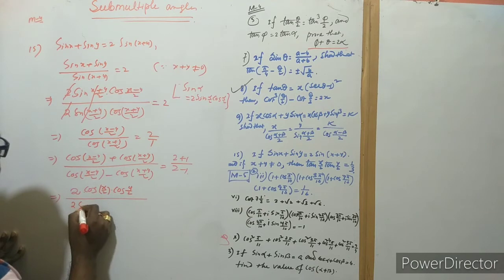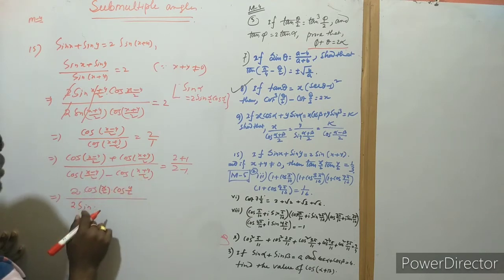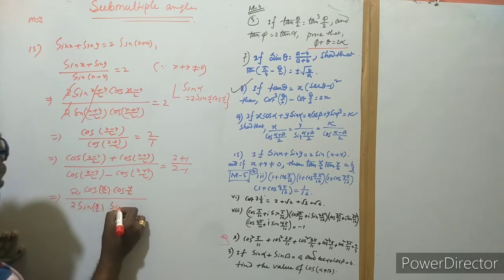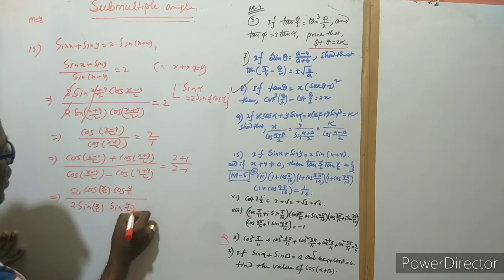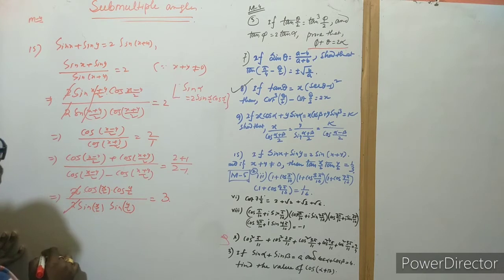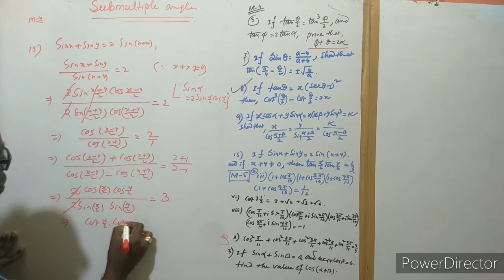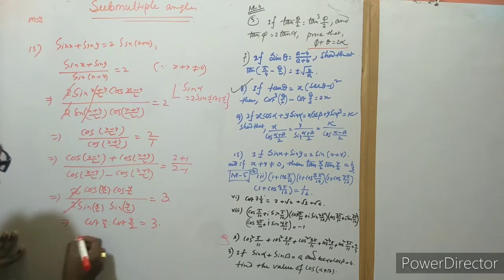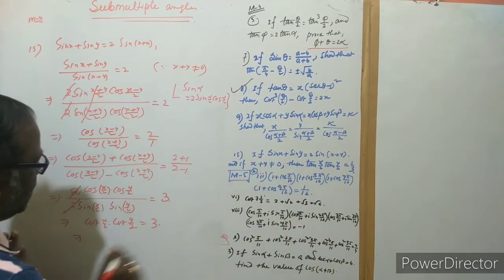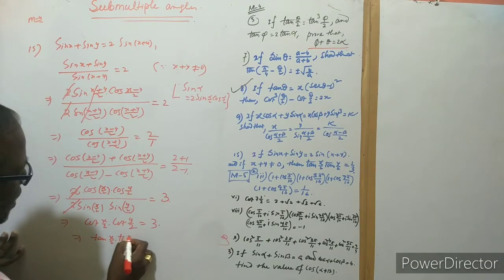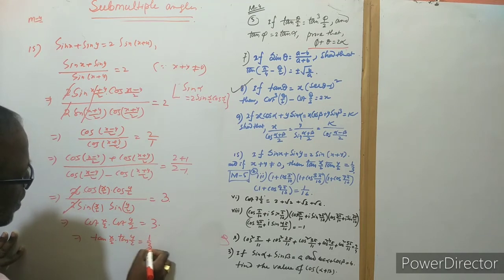Same as 2 sine this plus this by 2, we can write here x by 2, and also sine b minus c by 2, this is y by 2 here. So this is here 3, 2 are cancelled, so this is here cot x by 2 and cot y by 2, this is your 3. So this is your tan. So this is tan x by 2, we can write, and tan y by 2, this is 1/3. Okay, proof.